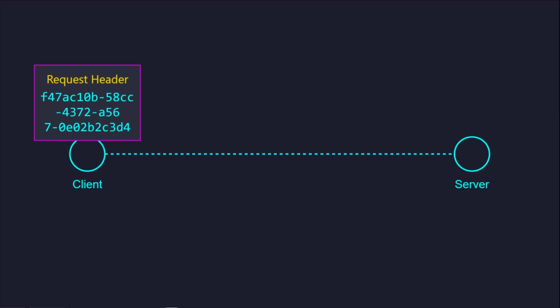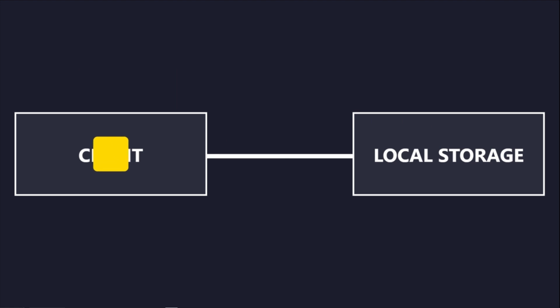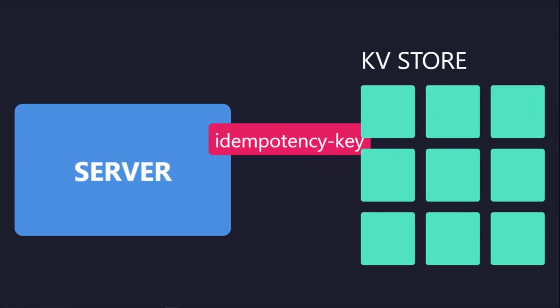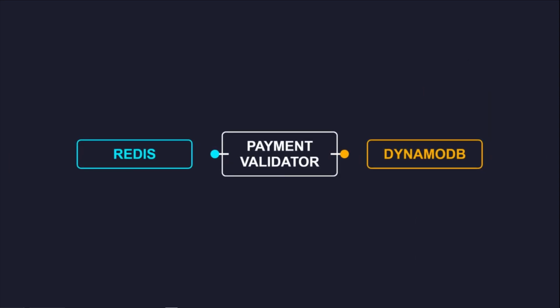regardless of retries. The client generates a universally unique identifier version 4 and attaches it to the request header before the very first network call. The client must store this key in local persistent storage so that it remains available even if the application crashes during processing. Upon receiving a request, the server immediately extracts the idempotency key and checks it against a high-speed key